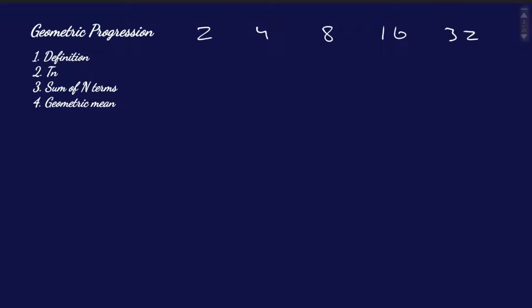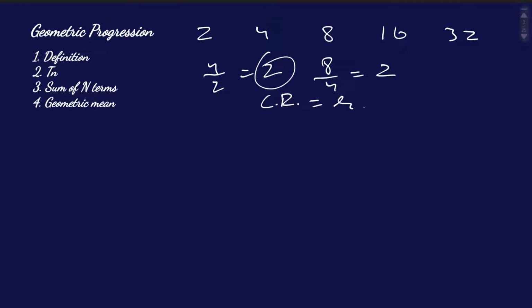So in this series you will notice that if we divide term 2 by term 1, that is 4 by 2, you will get the common ratio 2. Okay, if we divide the third term by the second term, 8 by 4, you will again get 2. So this 2 is called the common ratio and it is generally denoted by r, and the first term is denoted by